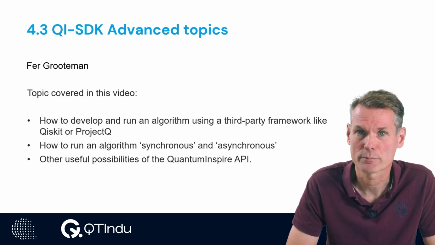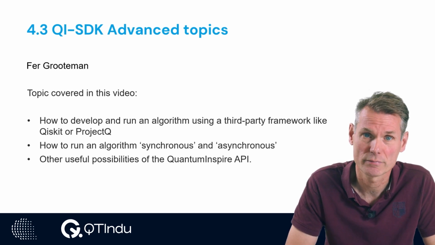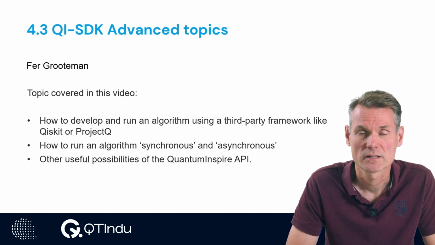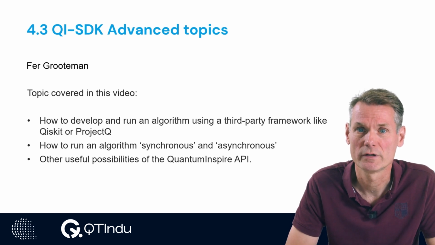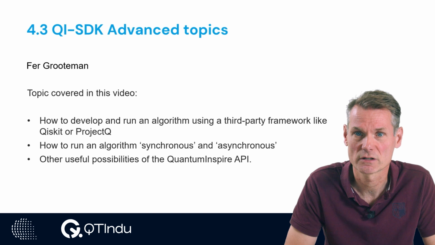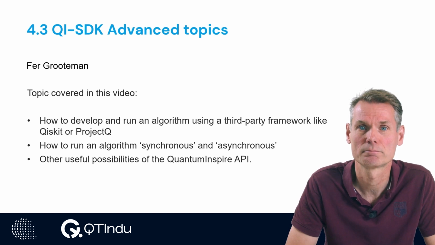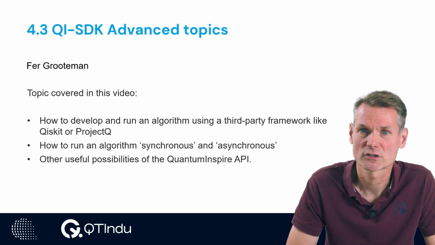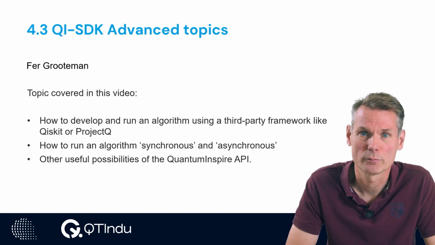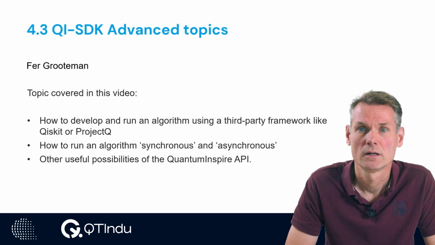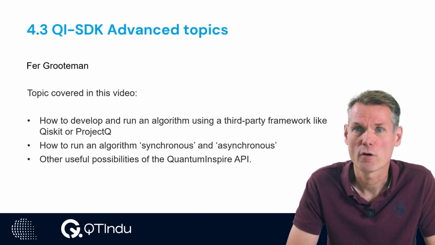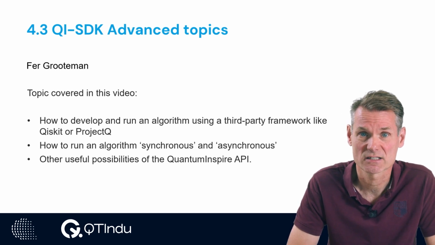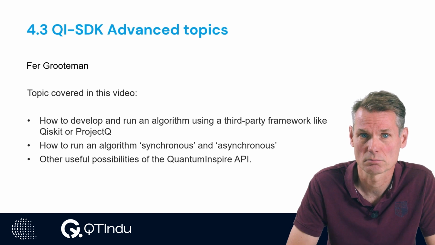The first is via programming CQASM as we saw in the previous module. This interface is comparable with the way algorithms are developed using the QI web frontend editor. For the other 2 interfaces, we can make use of third-party software frameworks ProjectQ and Qiskit to build an algorithm. In this module, we will mainly focus on using Qiskit as it is the most widely used.